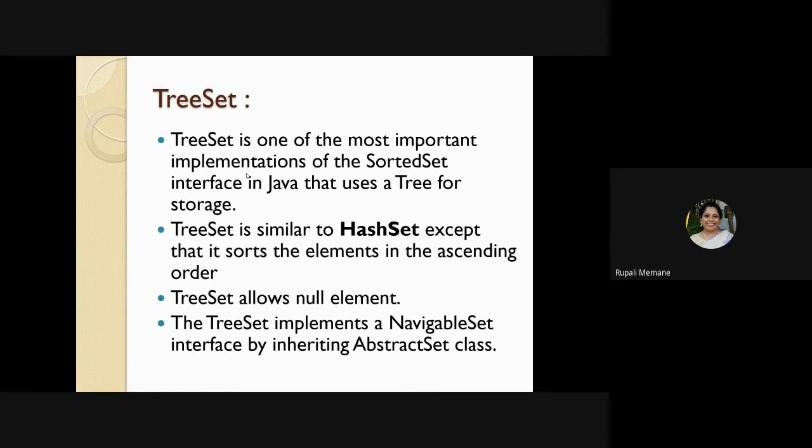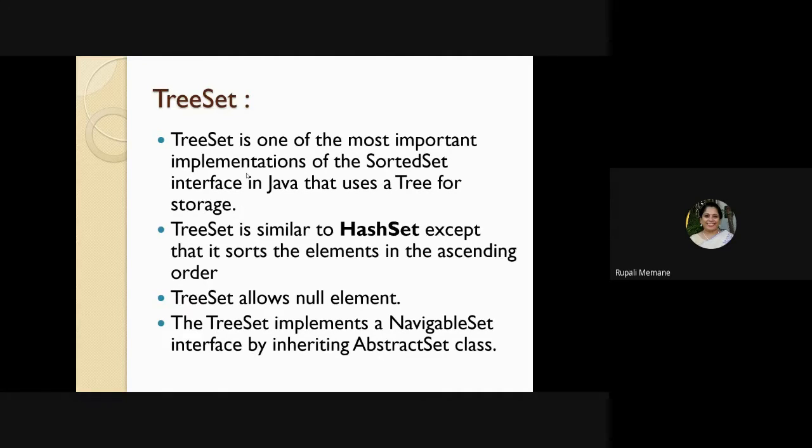but a tree set and hash set do not allow duplicate elements. Duplicate elements you can have in the array list and linked list. So when you understand the basic features of every collection, you will understand which collection you have to use when you are trying to store data in Java.